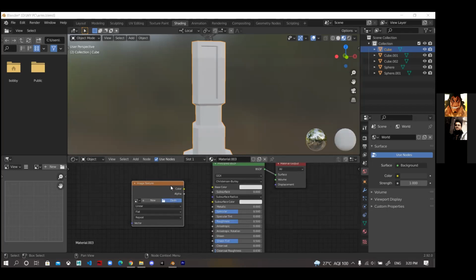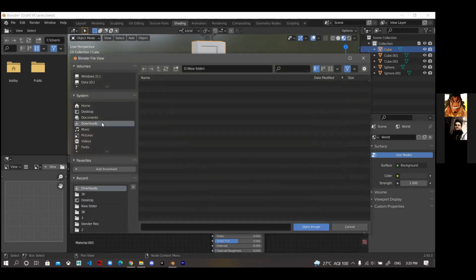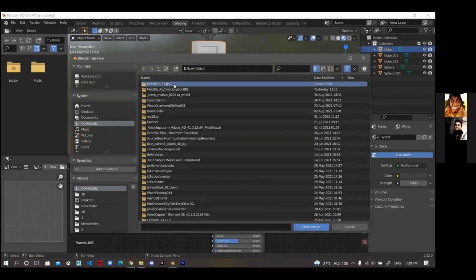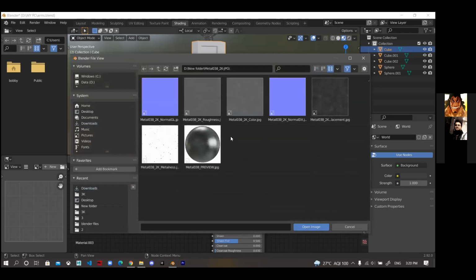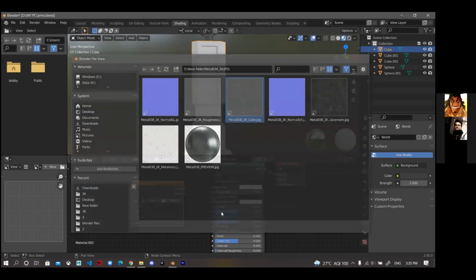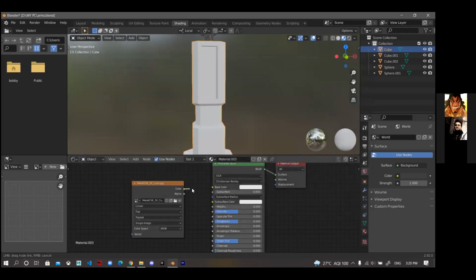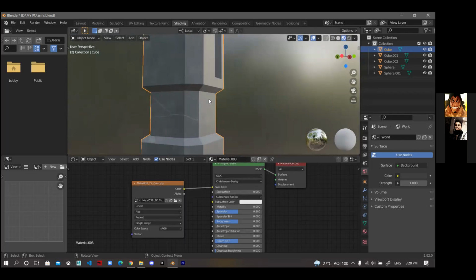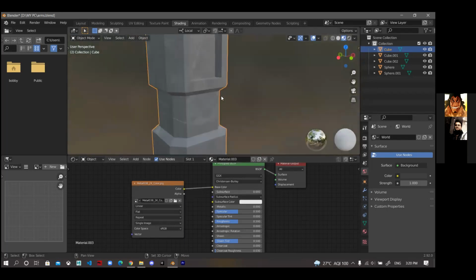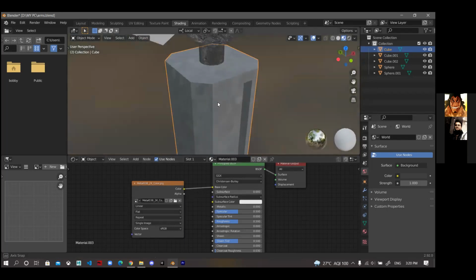Now we'll open the downloaded file. Okay, so we'll choose the color one, the base color, and apply this to the base color. Now you can see that this image has been applied over this model.